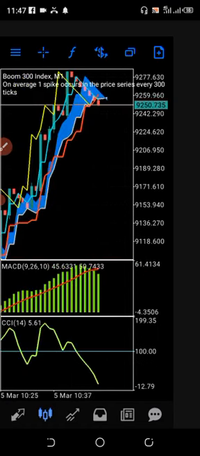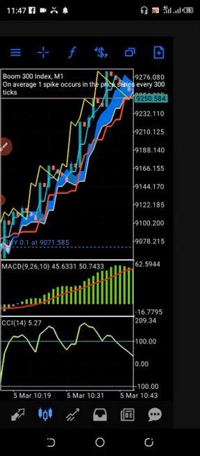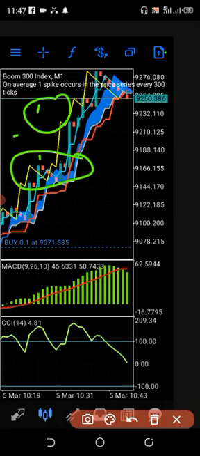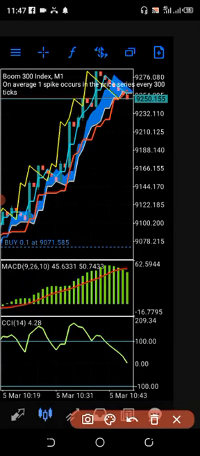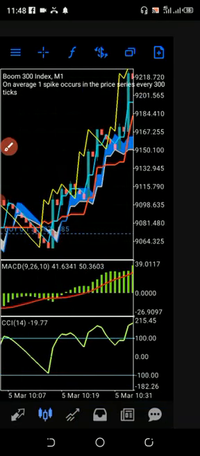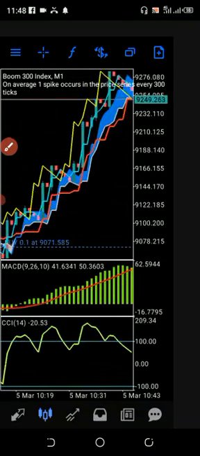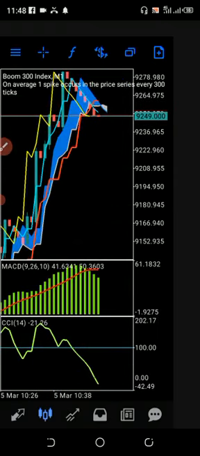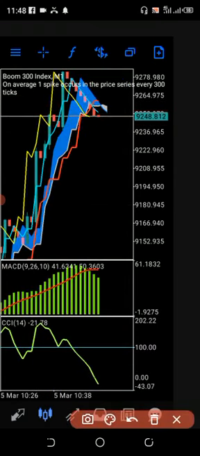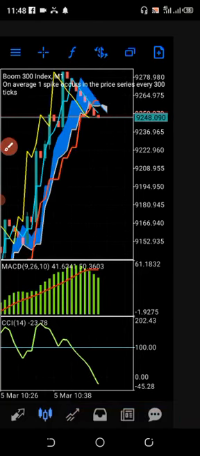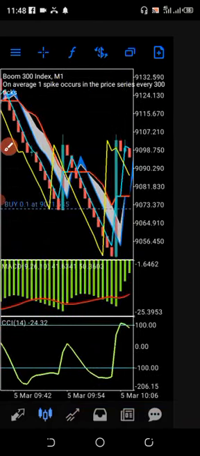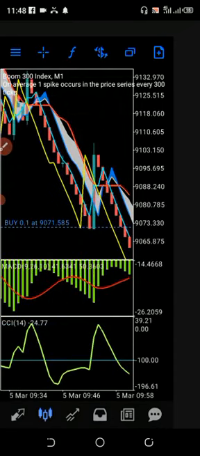Okay, look at what I have said so far as a summary, because the video is already long. Check, ever since the spike took place, it has been blue, blue, blue. And check that ash, look at it, it has been blue, blue on the right side. Why the scalping